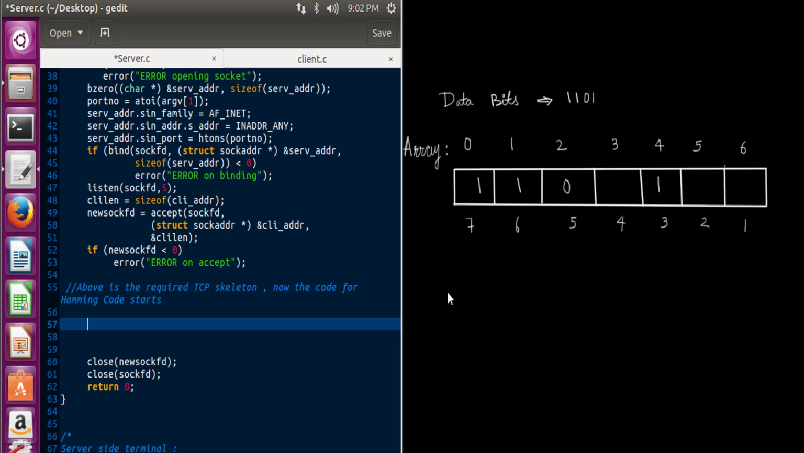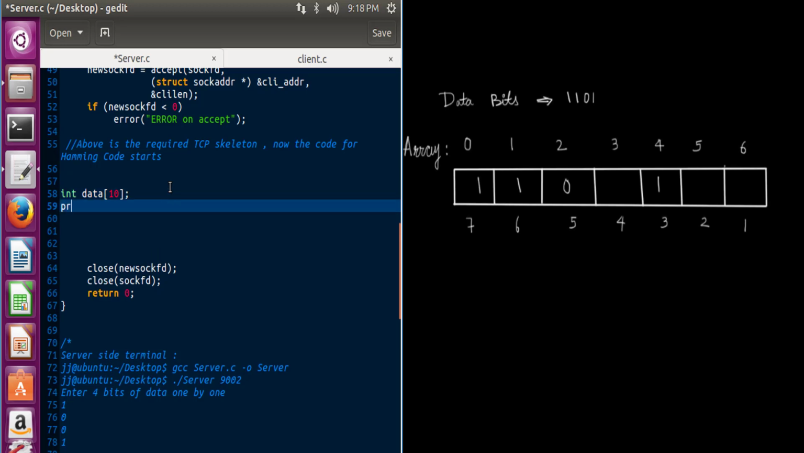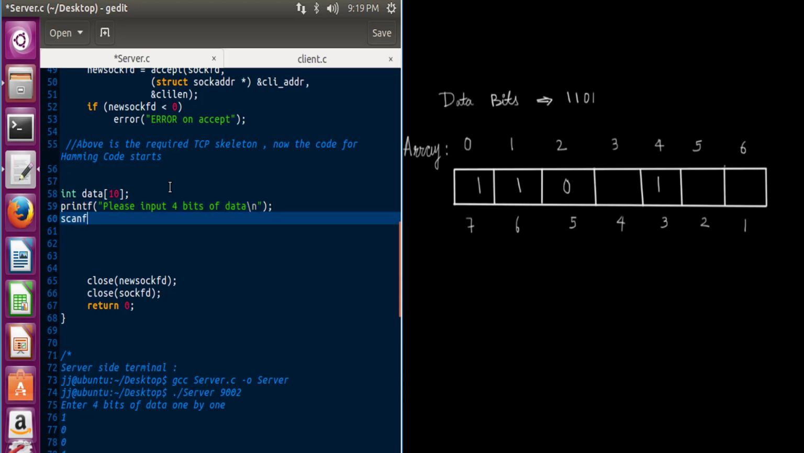Okay, so what we will be doing is we'll be sending data bits, encoded, from server to client, and on the client side the client would check whether the data it received is right or wrong, and depending on that, if the data is wrong, it will correct it. So let's take an array to store our data bits, and let's write a printf statement so that the user knows what he has to do. So we will write over here, please input 4 bits of data,